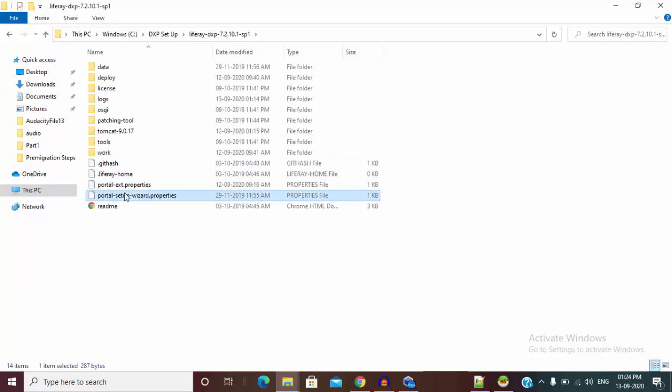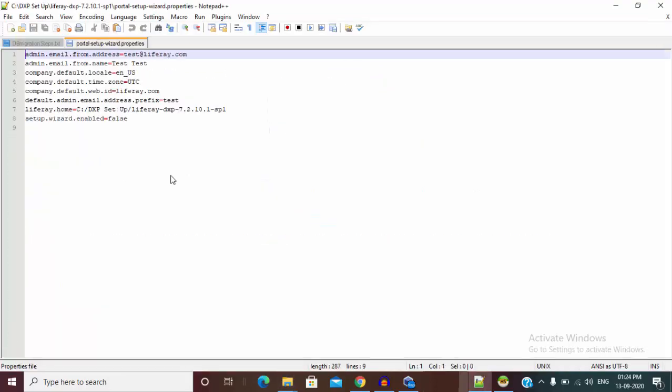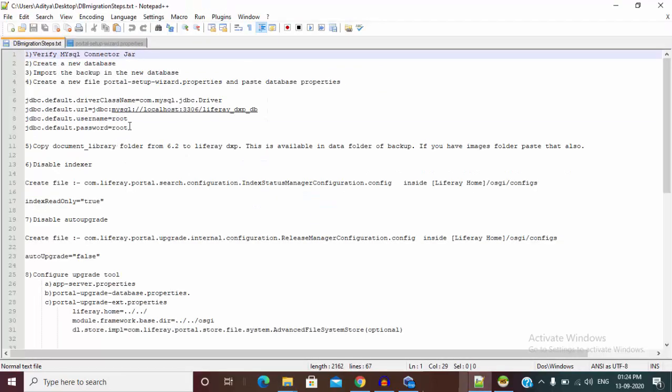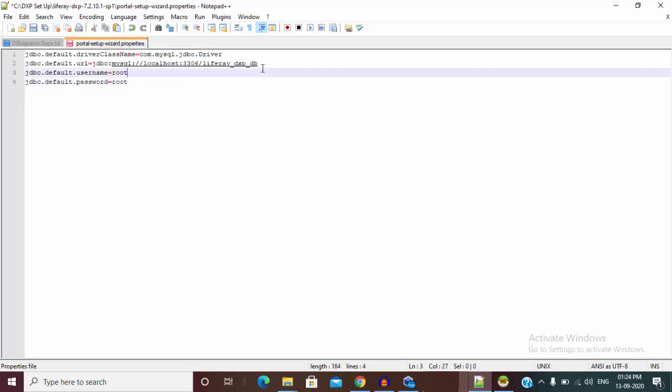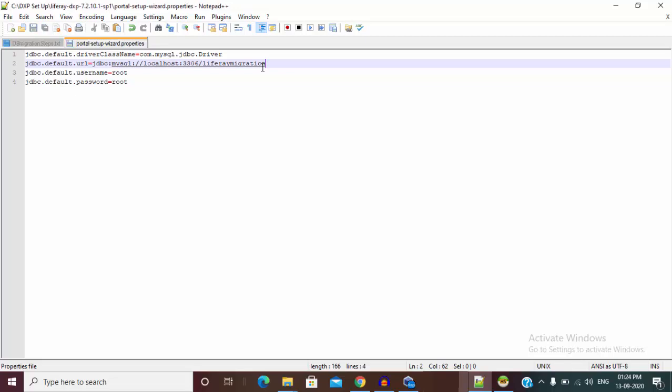So this is my setup wizard. And give the database name as Liferay migration.